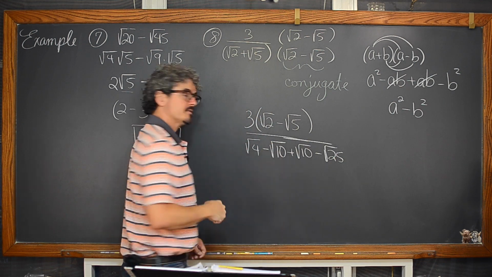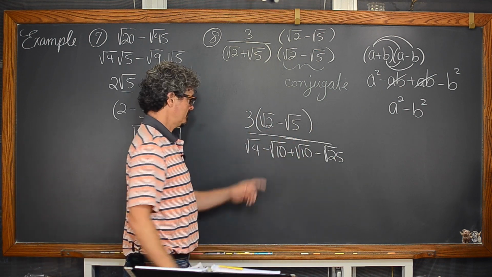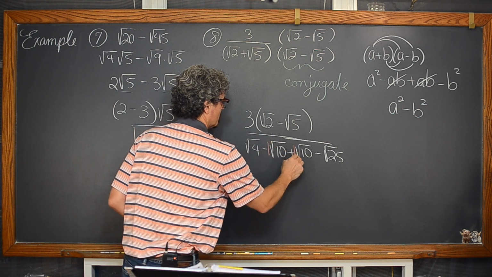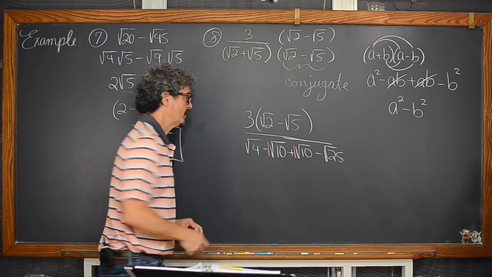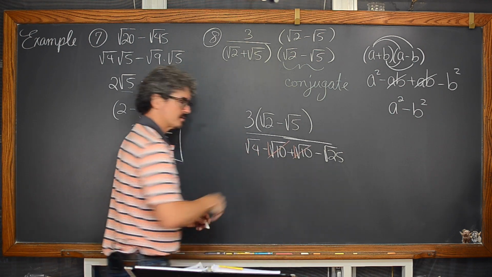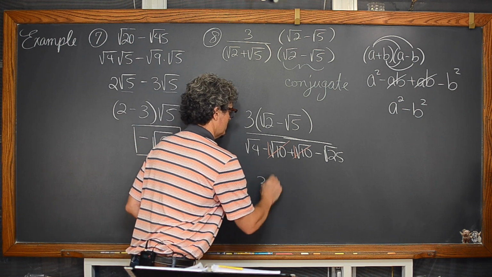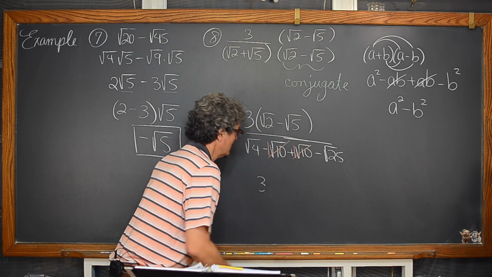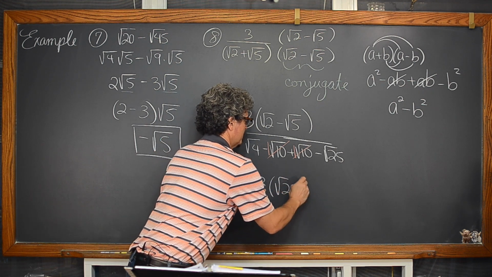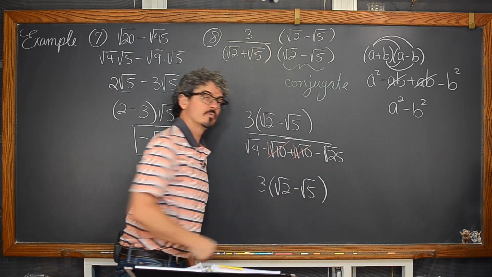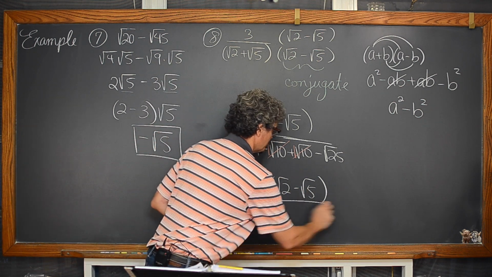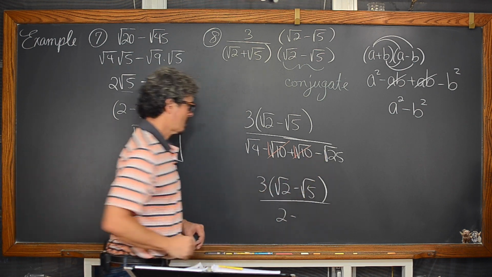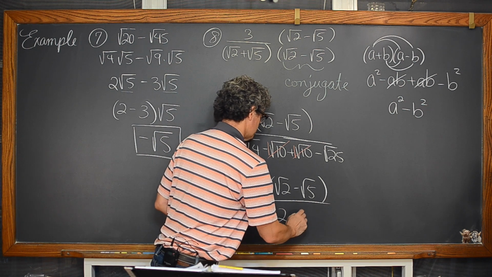Well, of course, the negative square root of 10 plus square root of 10, they have this sort of invisible coefficient here. Negative 1 plus 1 is 0, and that's just going to allow those two terms to cancel. Our numerator is 3 parentheses, 3 times the square root of 2 minus square root of 5. These are not the same number, nor can they be reduced, so this is just as simple as it gets. The denominator is square root of 4, which is 2, minus the square root of 25, which is 5.